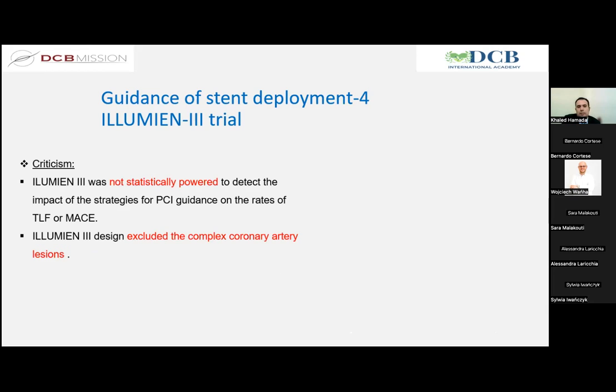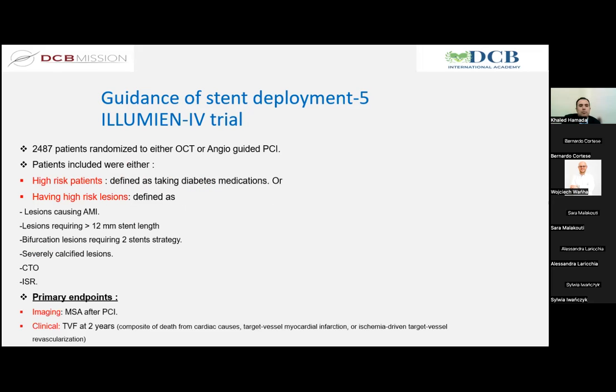The ILUMIEN III trial faced some criticism because it was not statistically powered to detect the impact of strategies for PCI guidance on rates of clinical outcomes like target lesion failure or misses. The ILUMIEN III design excluded, as we mentioned, the complex coronary artery lesions, which may benefit more from intravascular imaging, more OCT. The ILUMIEN IV trial included a higher number of patients,